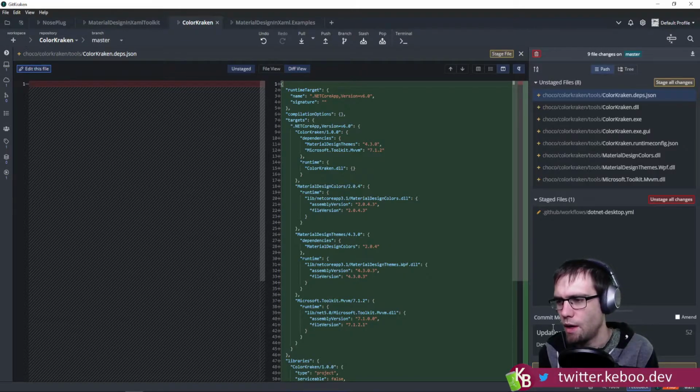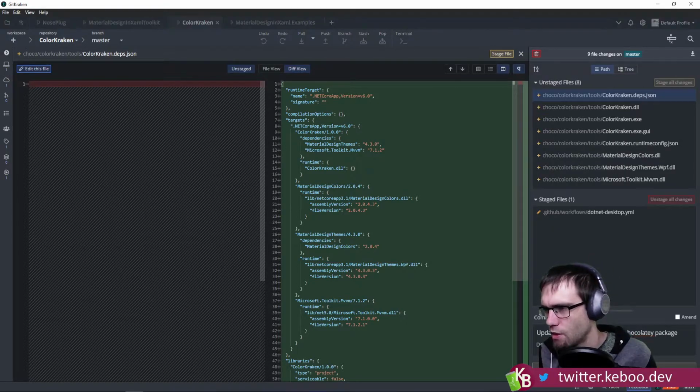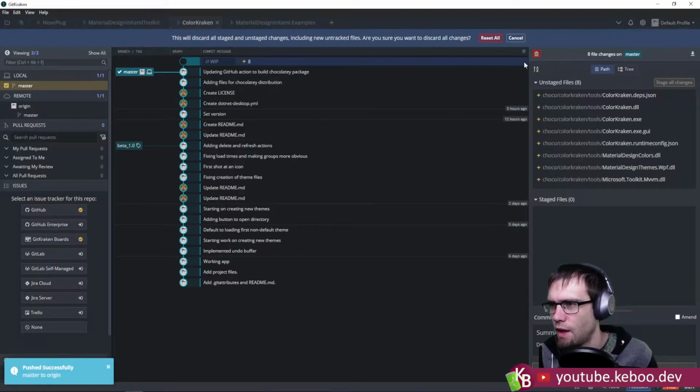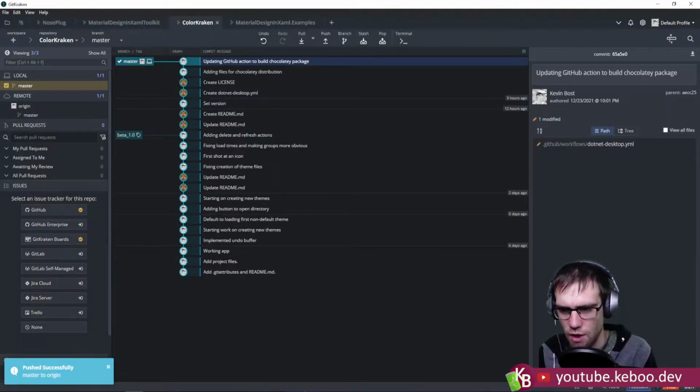Updating GitHub action to build Chocolatey package. Okay, so we are going to commit and push that. That should kick that off. And then what I would like to do is locally